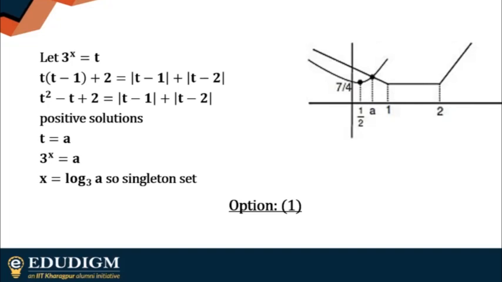Otherwise, the methods you have used for breaking it up into pieces are perfectly all right. But here we are more concerned with the number of solutions you will get, not the solutions themselves. So I really don't care whether it's root 5, root 2, root 3, it doesn't really matter. I hope this is clear with all of you. So I'll just move on to the next portion then.